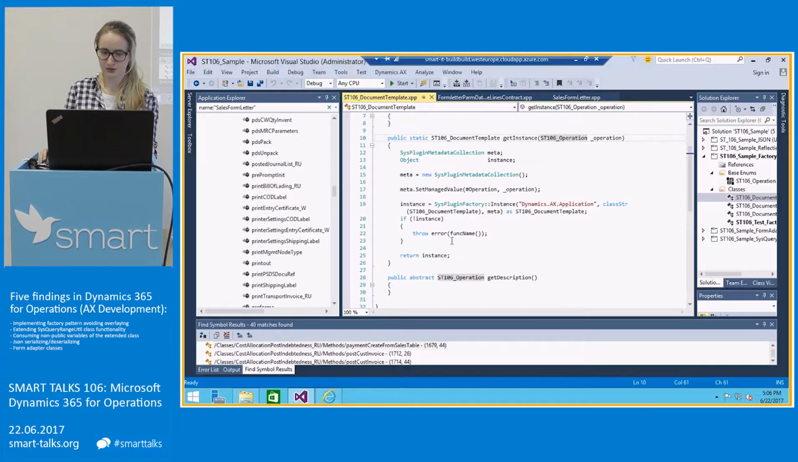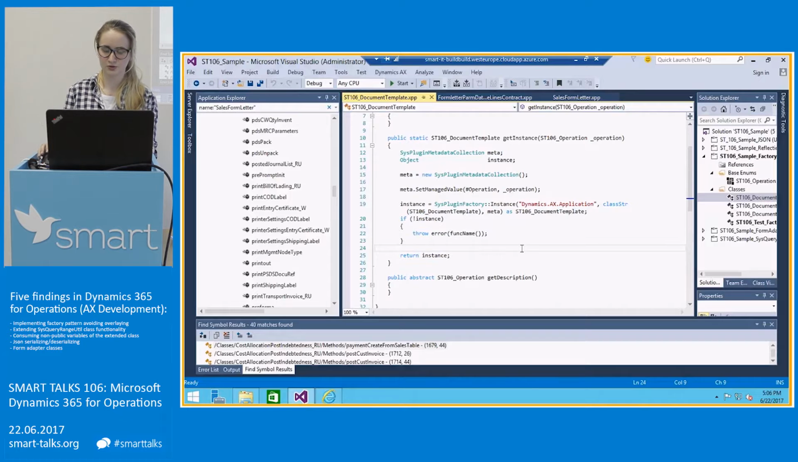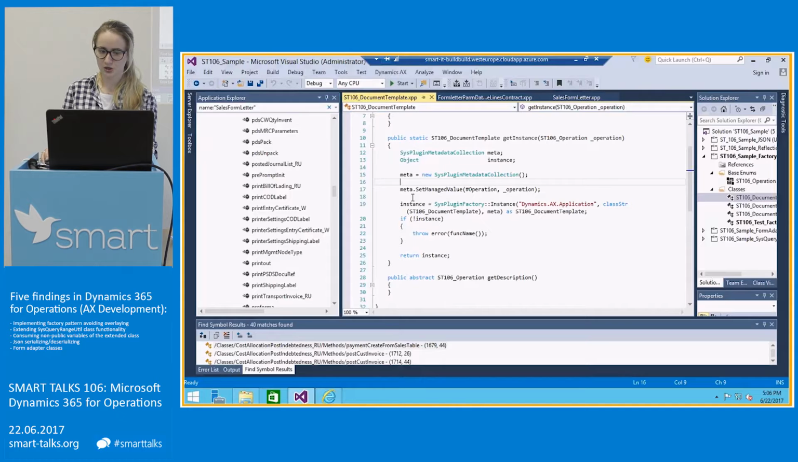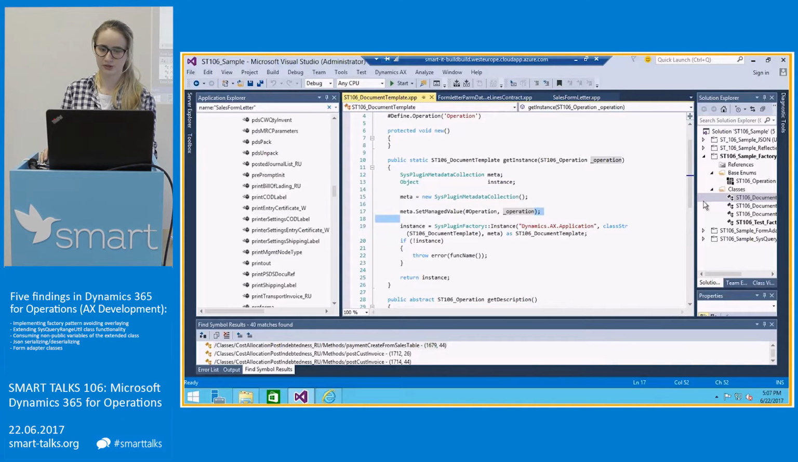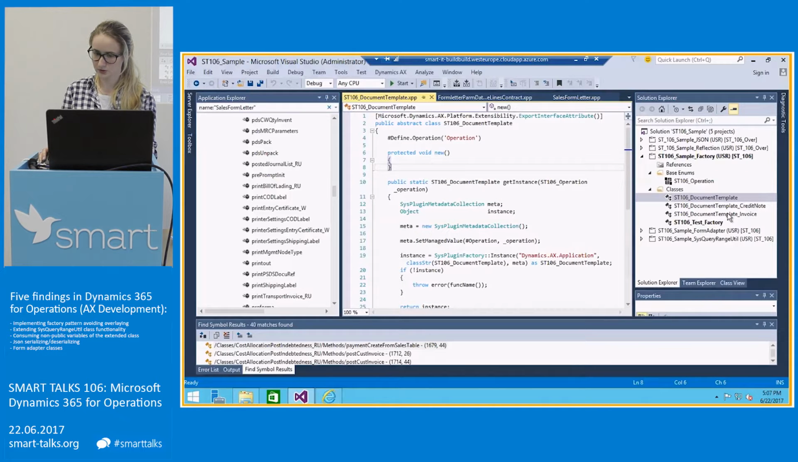And as you can see, in this getInstance method, instead of simply enumerating all the possible child references, we will use the SysPluginMetadataCollection. How does it work? For example, to the SysPluginMetadataCollection, we will add pairs: some criteria parameter and value. And when on the next stage we try to create a new child of this class, for example, document display underscore invoice,